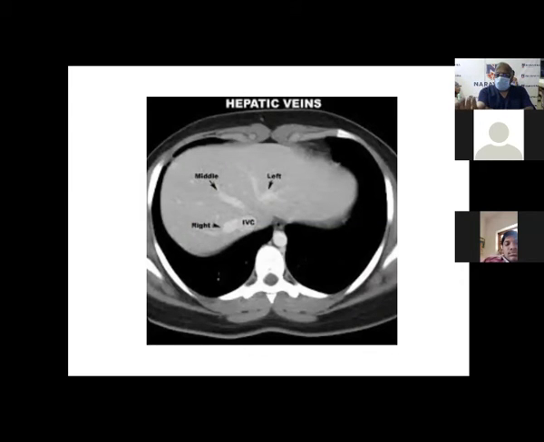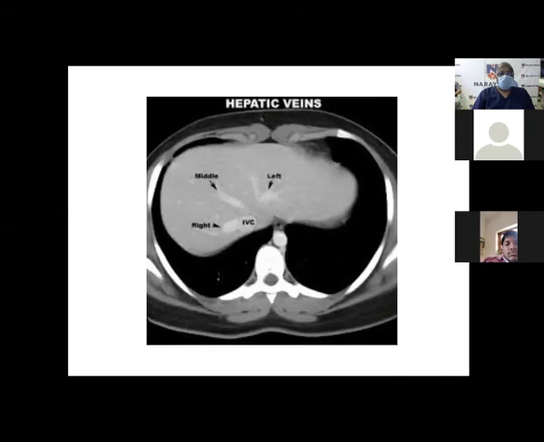As you see in the portal venous phase of a CECT abdomen, as you come down, you will beautifully see a nice filling like this, which tells you that the liver is normal in texture and normal in density. So you get a beautiful left, middle and right hepatic vein draining into the IVC. Here, if you carefully see, there is an accessory hepatic vein. Are you able to see this? Beautiful picture, very rare to get it.